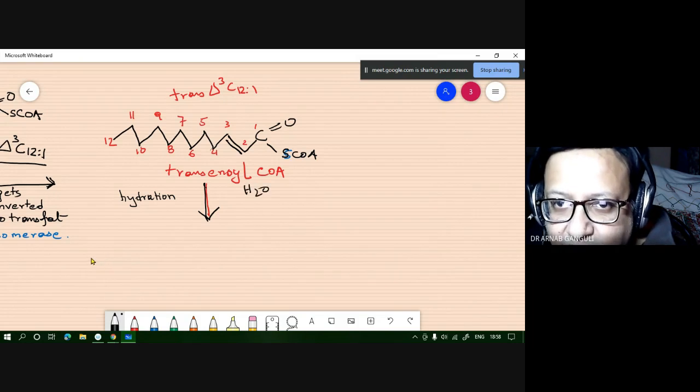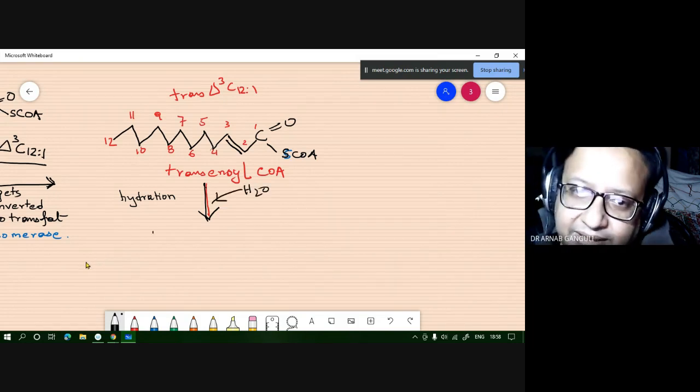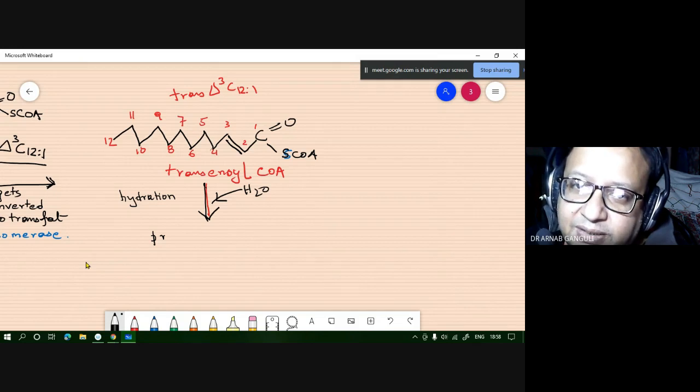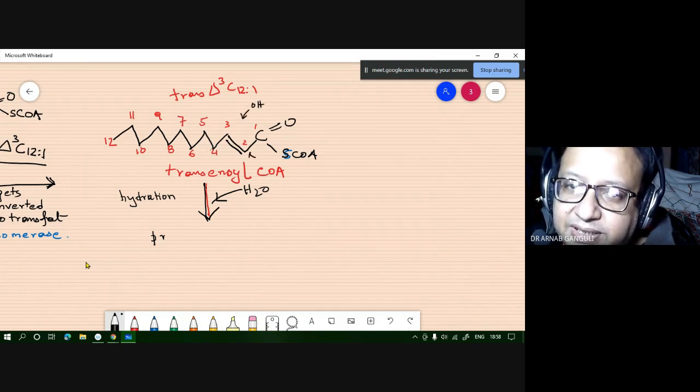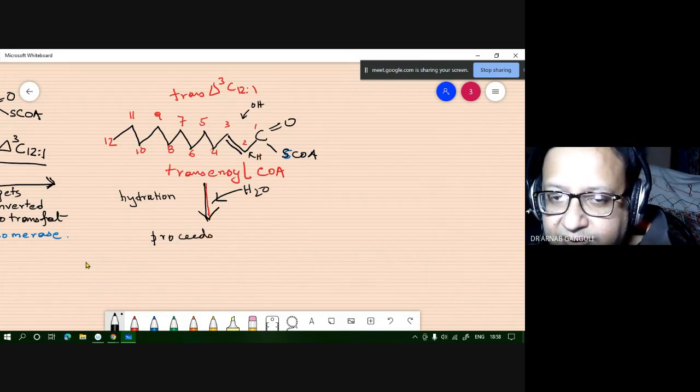And one H2O gets inside, and then this will proceed. There will be an OH over here and one H will come here. It proceeds like beta oxidation